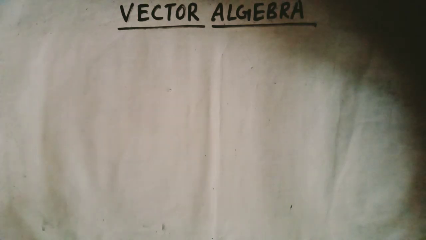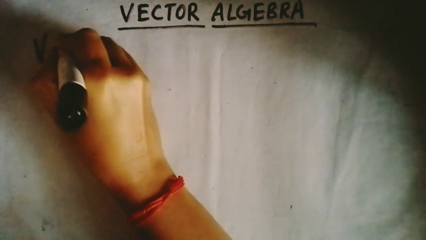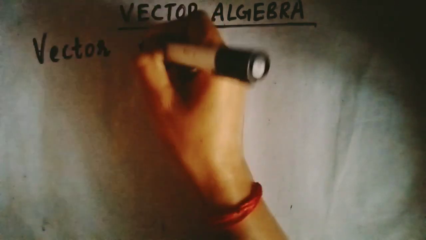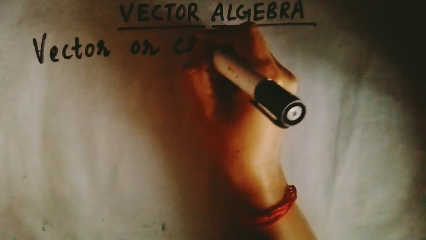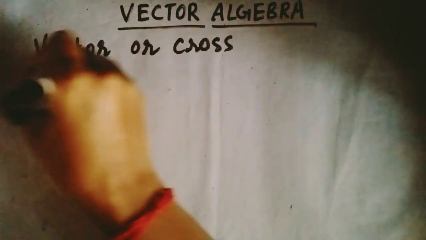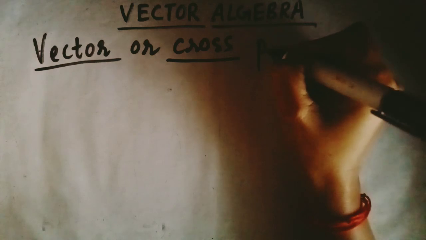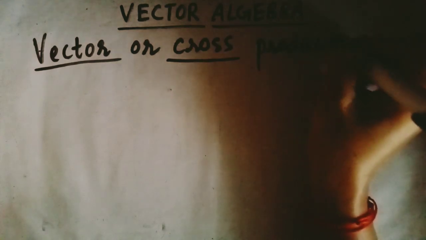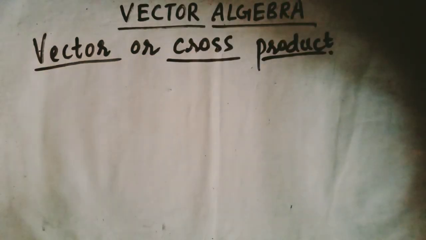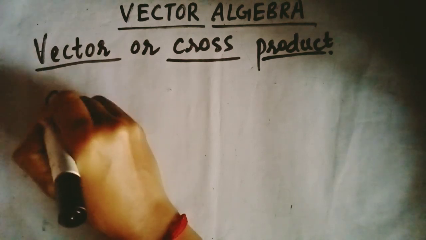Hello students. Next topic is vector or cross product. So it is called vector product or a cross product. So the vector product of two non-zero vectors A and B is denoted by A cross B,